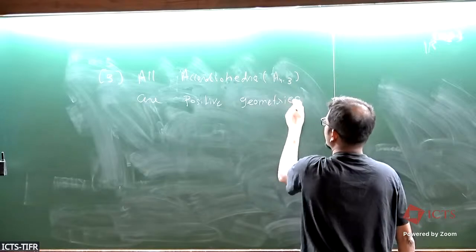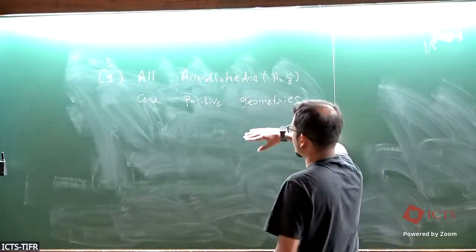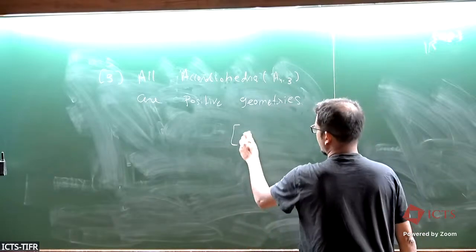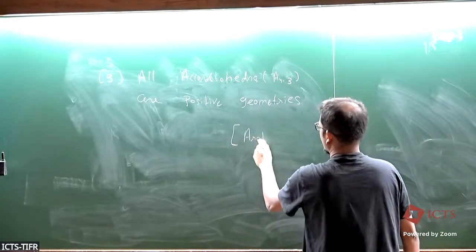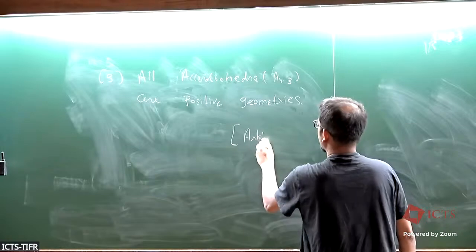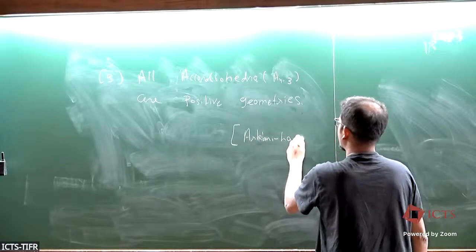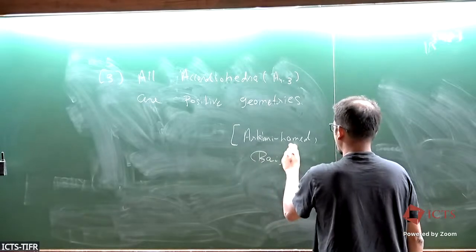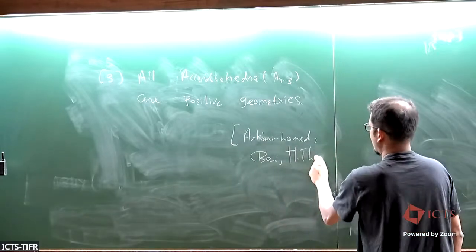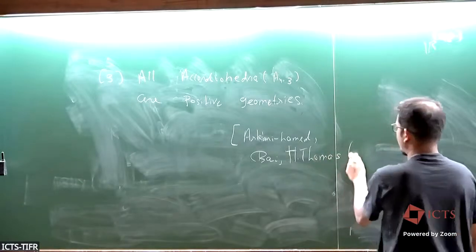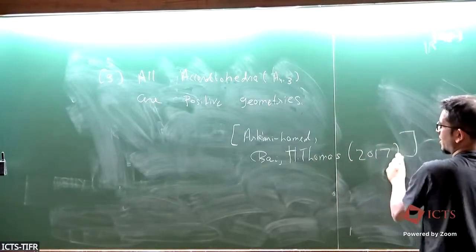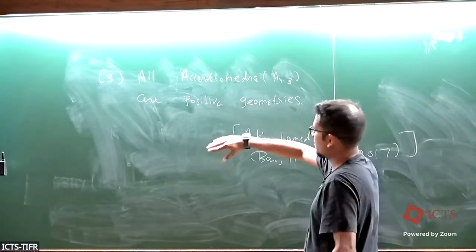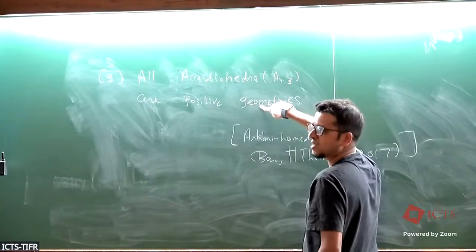And by positive geometry, there is a very nice mathematical definition, and I think Johannes told the reference, which is still state of the art by Nima and Bai and U. Thomas, where they really introduced this positive geometry, in 2017. But again, from a physics perspective, and at least for our context, a positive geometry is any geometry which has